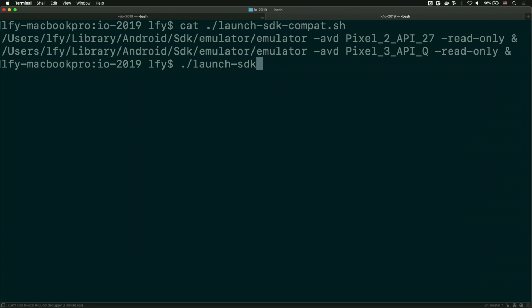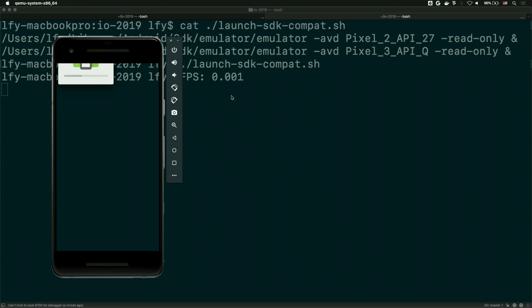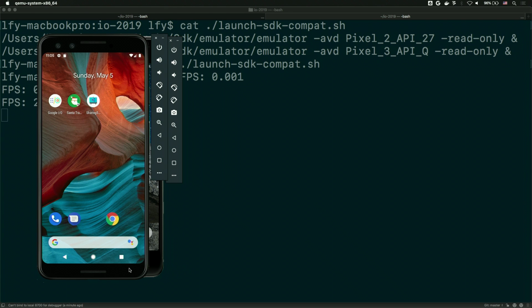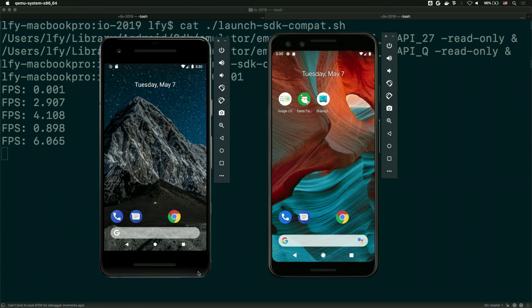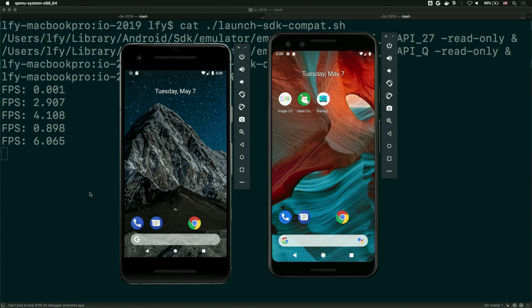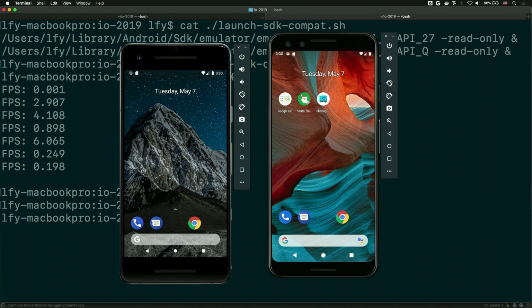In launch_sdk_compat, I will be launching two emulators. One of them is an API 27 Oreo. Another one is a Q image. So once we launch them, both of them are in read-only mode. So once you integrate this into your CI pipeline, all the changes are discarded on exit, so you can launch it the same way the next time without wiping any data or installing any apps or restoring any state. Anyways,